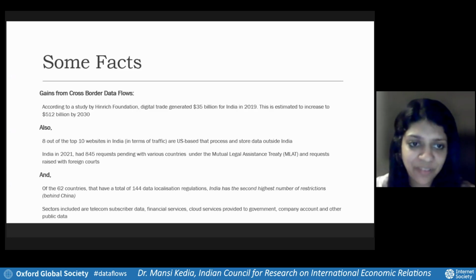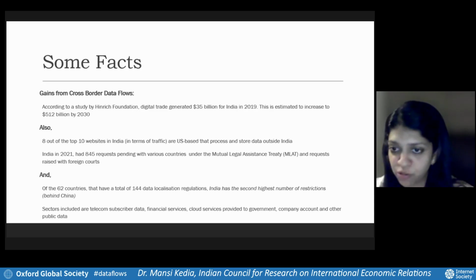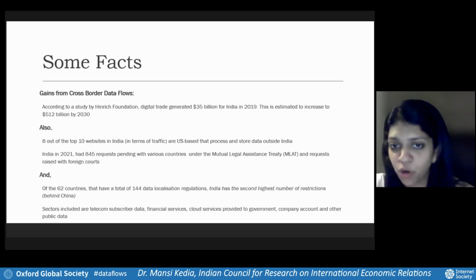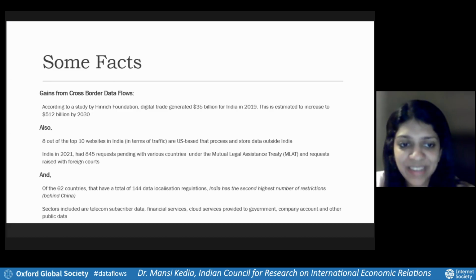The other important fact, I think, is that queries related to cybercrime and data requests raised by law enforcement agencies in India, 845 of them in 2021, were still pending under what we call the Mutual Legal Assistance Treaty, the international framework available for coordination and resolution of cybercrime, as well as some independent queries raised with foreign courts. What this has led to is that of the 62 countries that have a total of 144 data localization regulations,